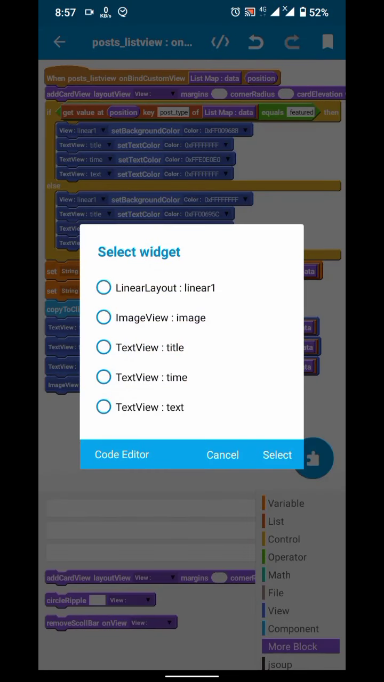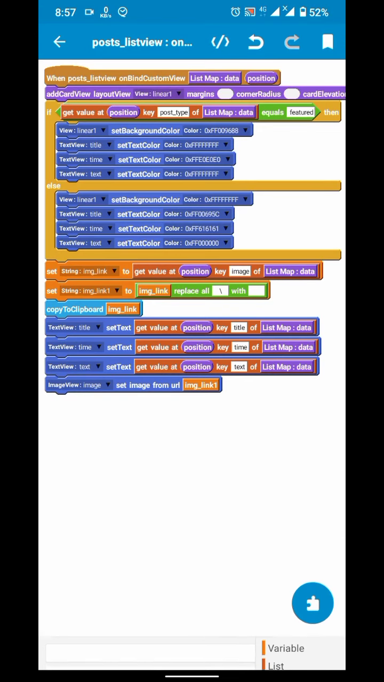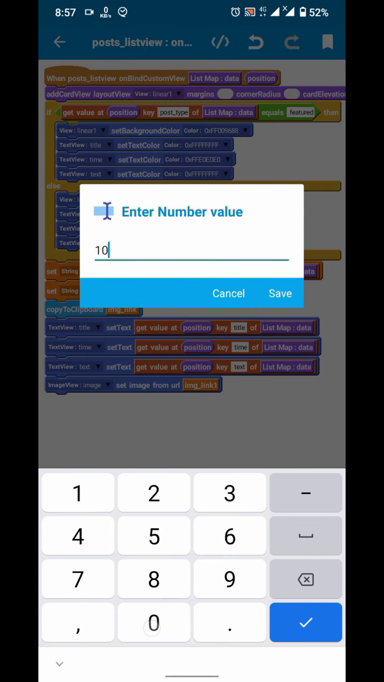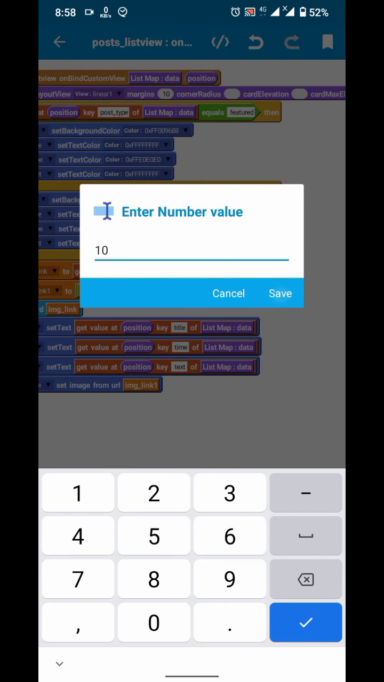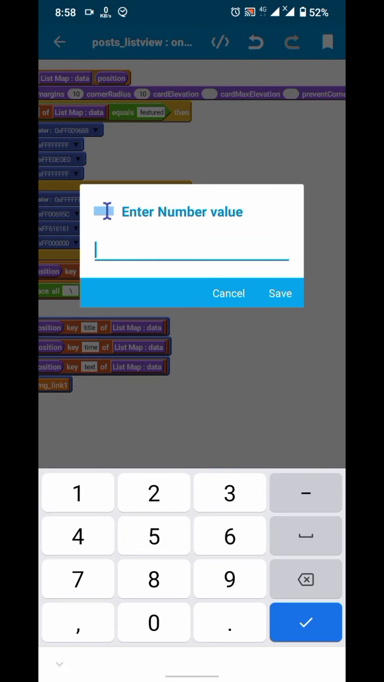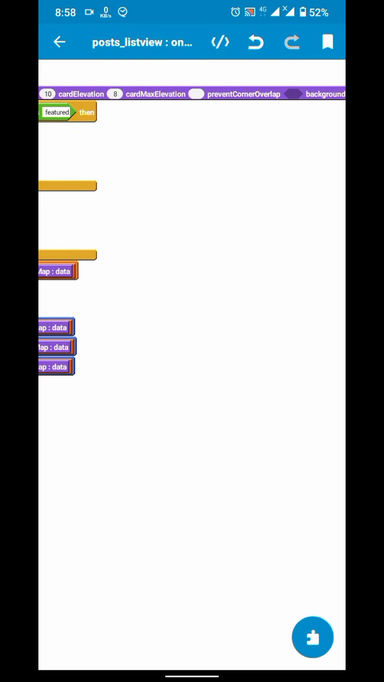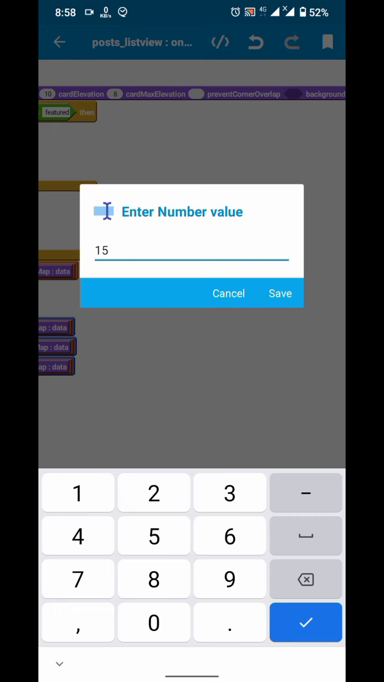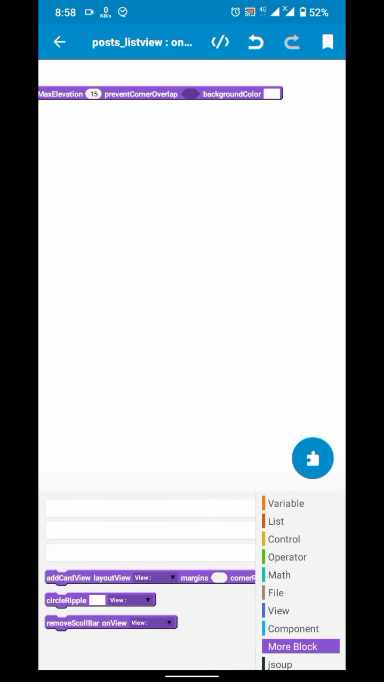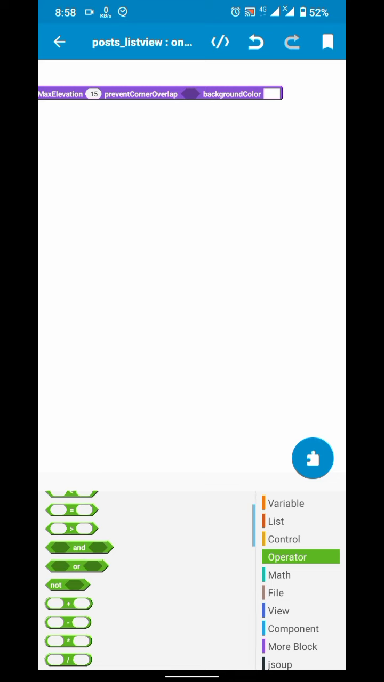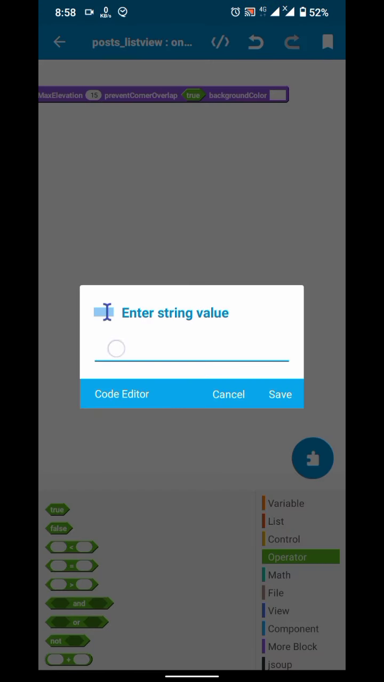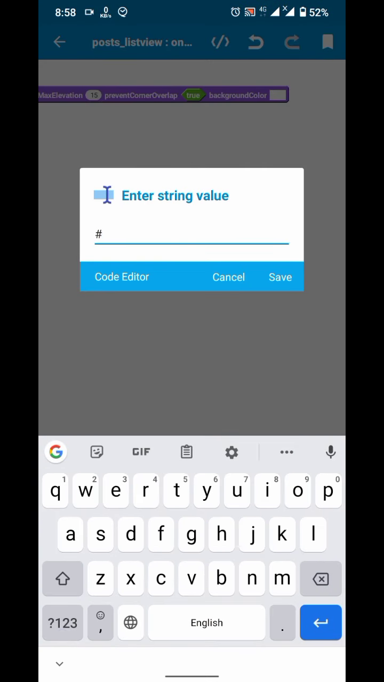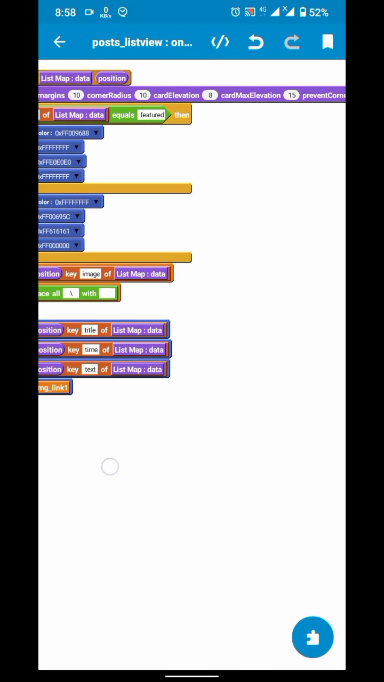Here I will choose in which view I want to add the card view, then set padding, margins, how much margins, and then corner radius. You can also make circle views or rounded corners, and elevation, max elevation. I will set prevent corner overlap true. And here, background color, you have to pass it in hex codes. I want to set white, so I will pass hash #FF